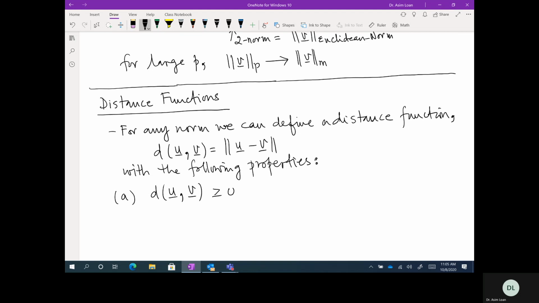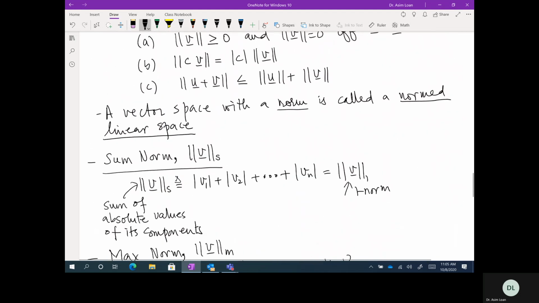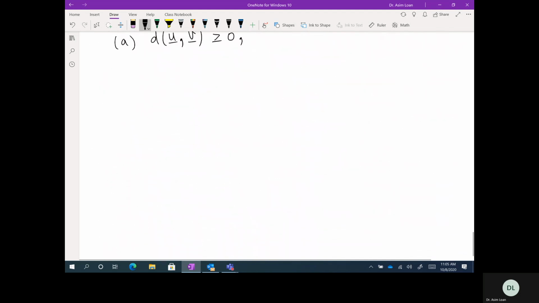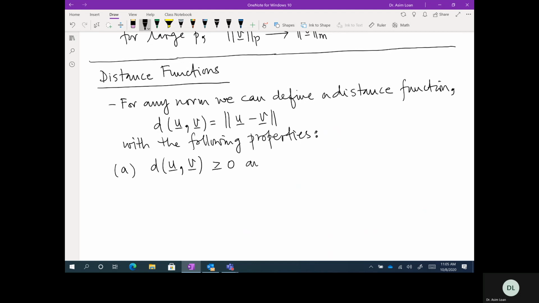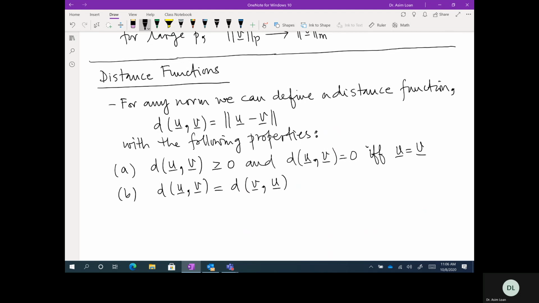d(u, v) is greater than or equal to 0, and d(u, v) equals 0 if and only if u equals v. d(u, v) is a symmetrical function. d(u, v), obviously a scalar, is equal to the distance between u and v, which is the same as the distance between v and u, where u, v belong to some vector space. And this is the triangular inequality,